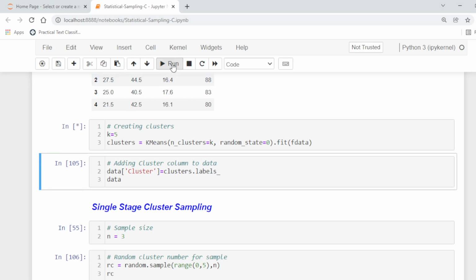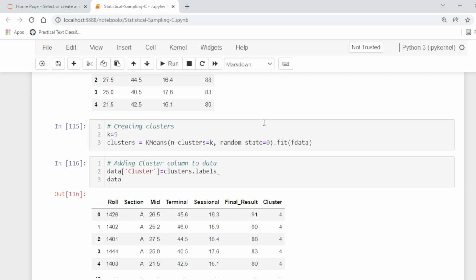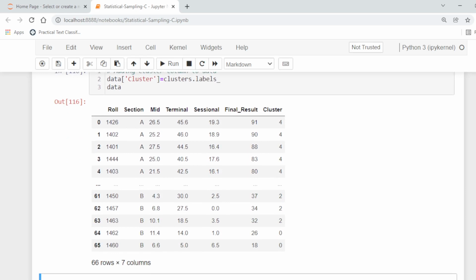We run this, and now we add this column to the data. Now this is the additional column which specifies the clusters from 0 to 4. There are 5 clusters, and every cluster's members are collected by their similarities.